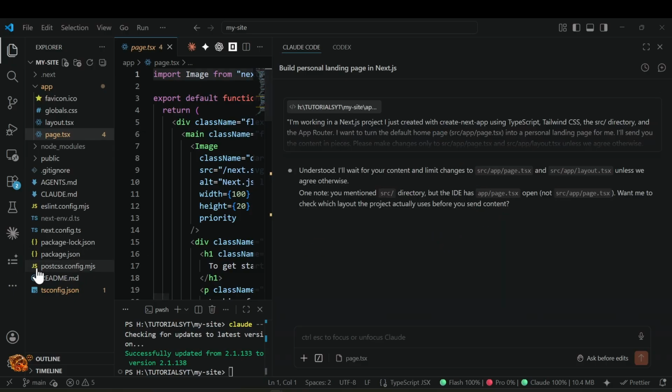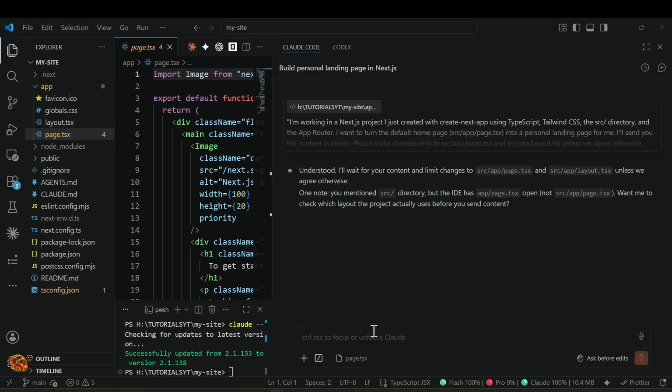So immediately it's going to think about what we said. And as we see, it says, understood, I'll wait for your content and limit changes to this page unless we agree otherwise. One note, you mentioned source directory, but the IDE has app page.tsx open, not source. Want me to check which layout the project actually uses before we send context? You see, already it's helping us.